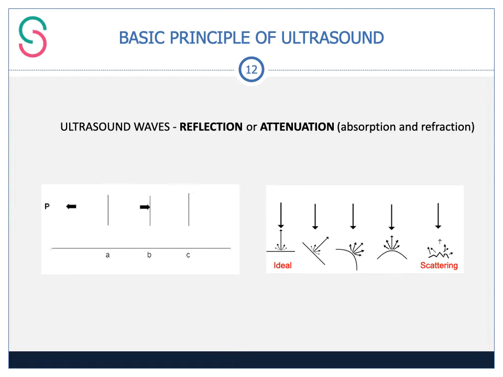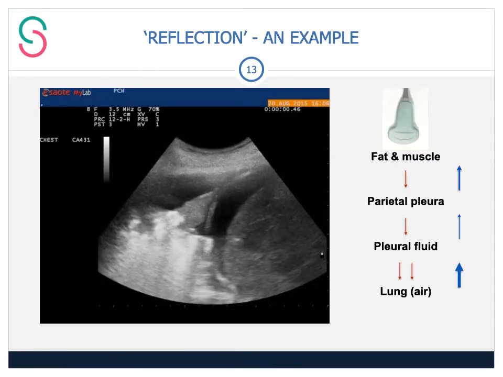So, for example, a good specular reflector, such as the diaphragm, is an ideal reflector, and therefore you can get a very clean, crisp image of the diaphragm. Whereas other structures where the sound waves hit them and are refracted, so move off in different directions, or attenuated or scattered, don't tend to reflect very strong sound waves back to the transducer, and therefore you don't get very good, clear images. So an example of this in practice would be